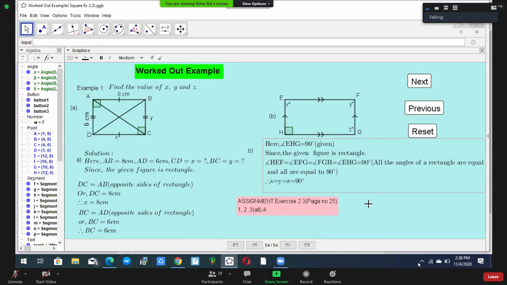Properties of a rectangle. So you open the book once again and look at the page. You look here, page number 21. What are there in the properties? Opposite sides of a rectangle are equal, or each angle is 90 degrees. Each angle is 90 degrees means what? All angles are 90 degrees. Once again, go back to page number 21, and at the top of page number 21 there are 4 properties given. The diagonals of a rectangle bisect each other, the diagonals of a rectangle are equal. But here, we have already verified this also.